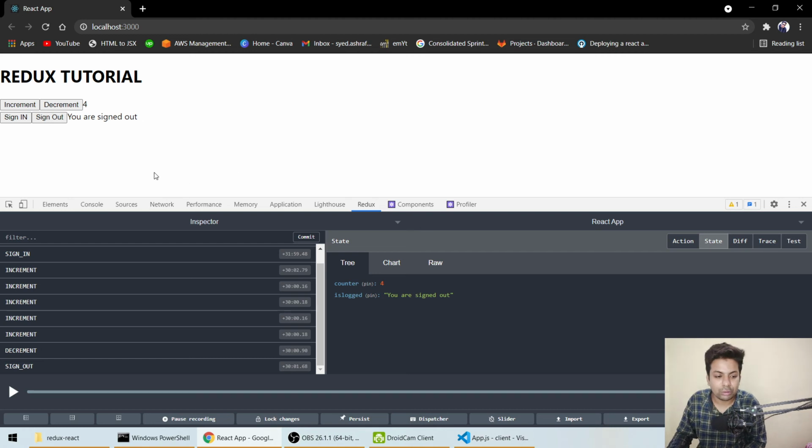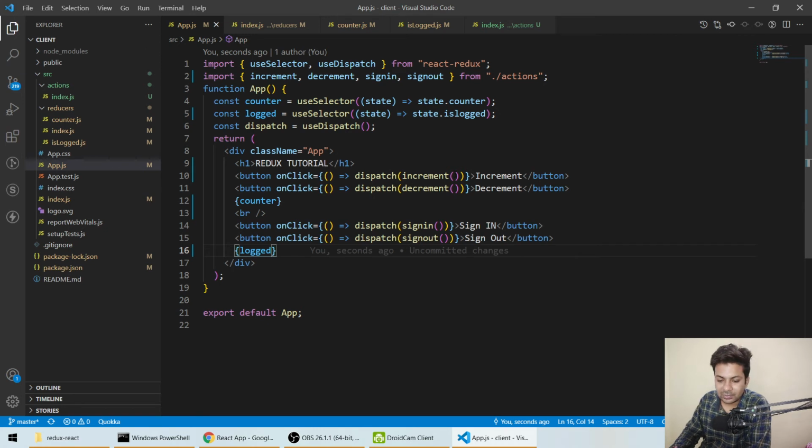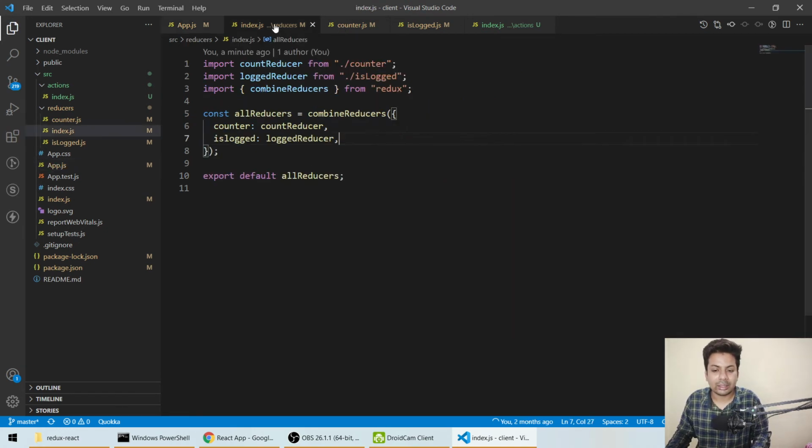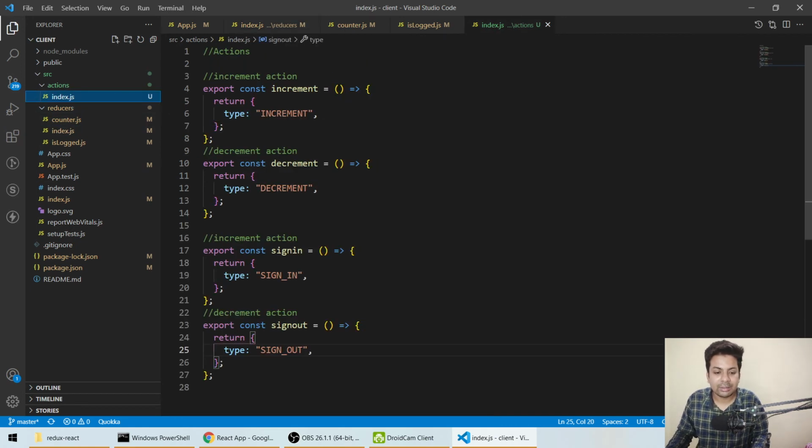But suppose you want to increment by 10 but it's incrementing only by 1. What we can do is pass values in increment, like I want to increment by 5. Then we have to save it, and in actions index.js we have to receive that value.